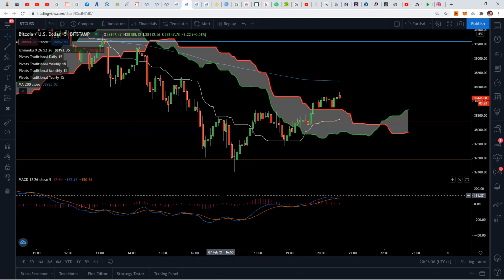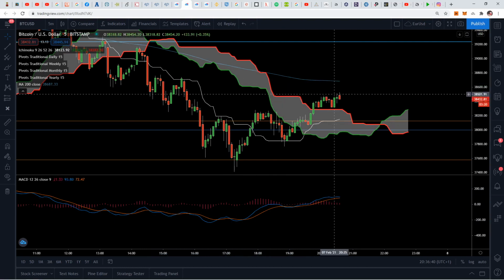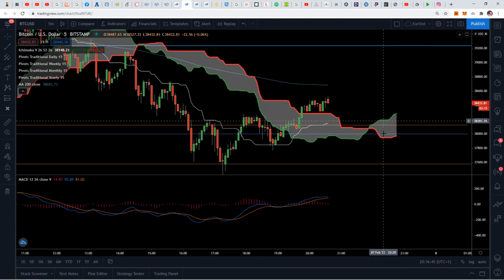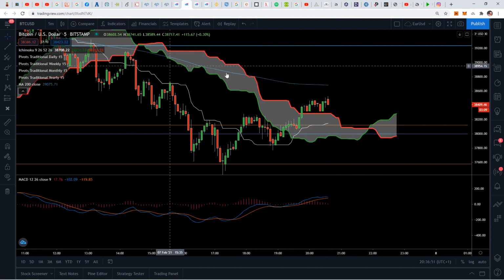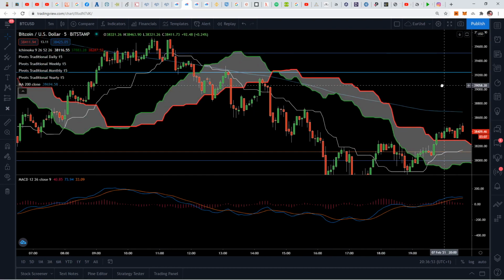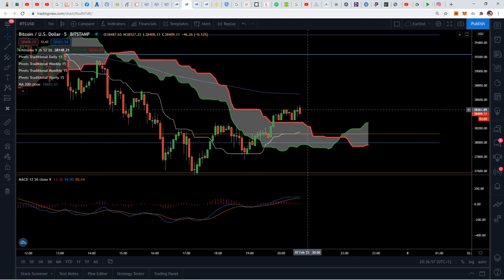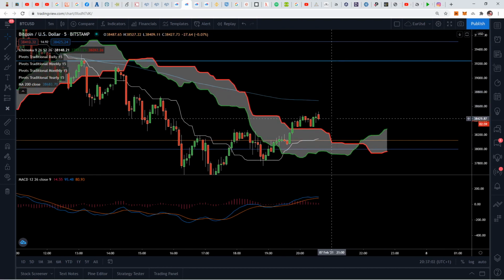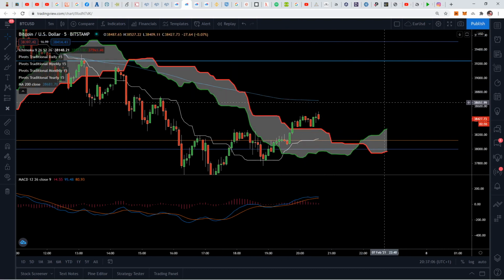So we are really early on here. We can see the trend has turned bullish because price has broken above the cloud, and we also have a positive future cloud here. Now we have the SMA 200 also, and it's flattening out here. So let's see if price can break above this level here and then turn this moving average around